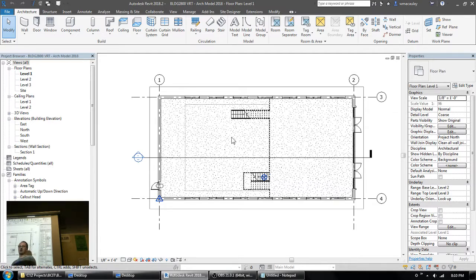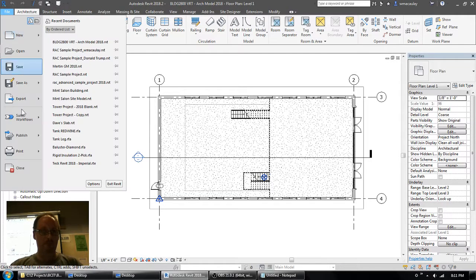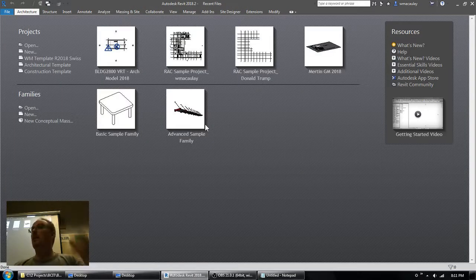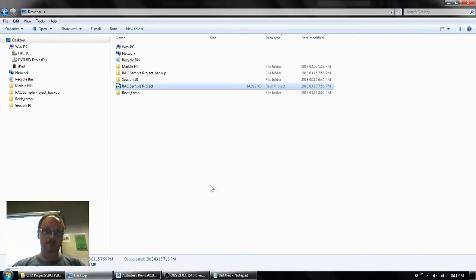So now what we need to do is say, Mr. Structural Engineer, this is going to be our point of reference. Please get your model set up accordingly. So let's see how that would work. So I'm going to close the architectural model now. And so now I'm pretending I'm the structural engineer that is opening up